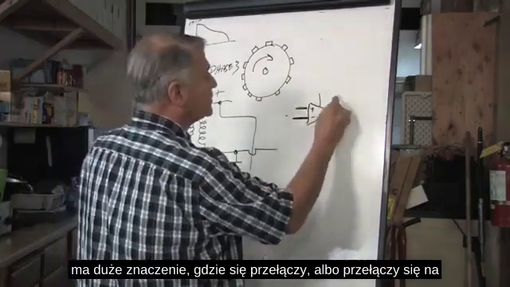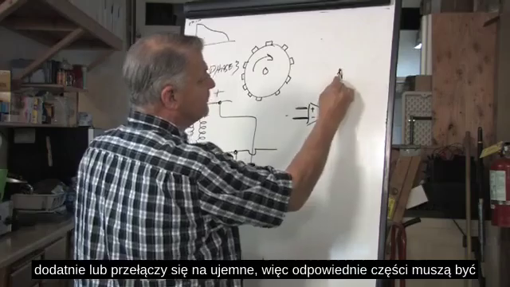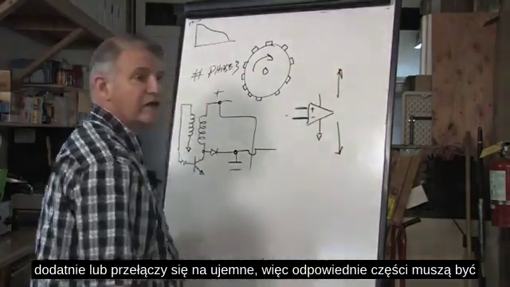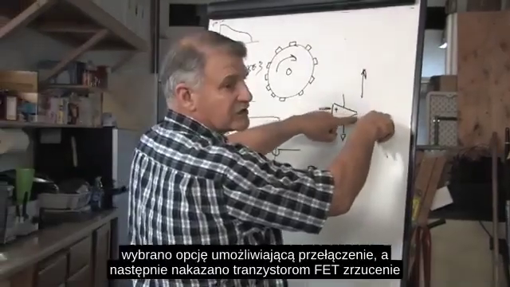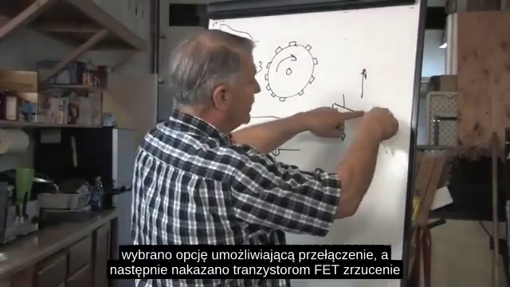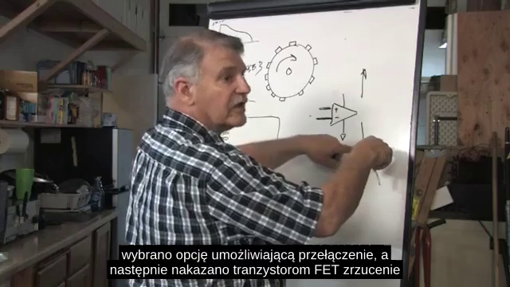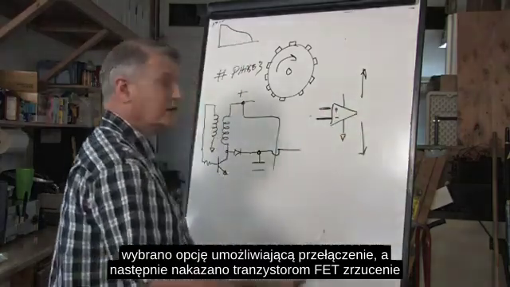It's either going to switch up to the positive or down to the negative. So the appropriate parts must be chosen to allow that switch to occur, and then tell the FET transistors to dump